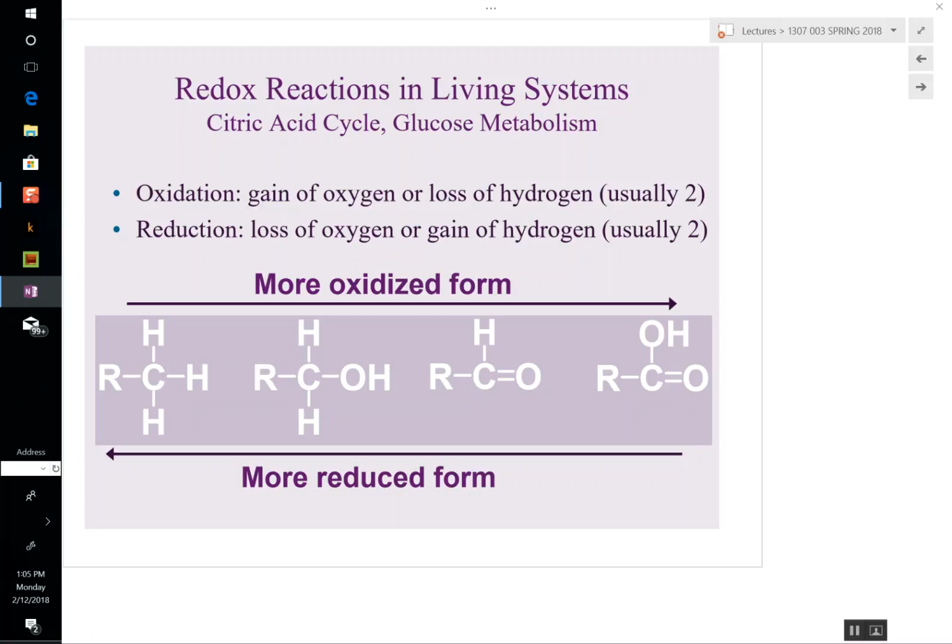Usually 2 hydrogens. And just like in 1305, reduction is the opposite of oxidation. It's the exact opposite. Reduction is the loss of oxygen or the gaining of hydrogen. Okay? Now this slide, I bring this slide up, you're going to see this slide in every chapter now. Chapter 12, you're going to see it in chapter 13, you're going to see it again in chapter 14, because